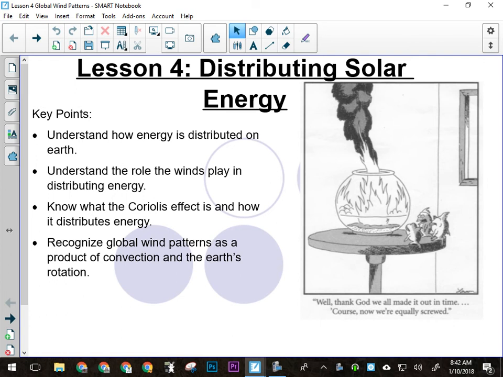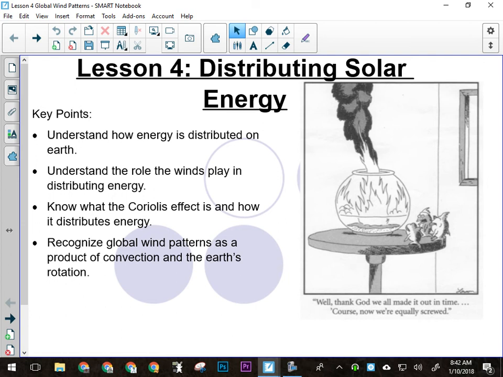Because the energy that is absorbed is the energy that can be transferred around the world and kind of try and even out the energy distribution on Earth. So that's what we'll be looking at mostly today. And what heat transfer method is going to be most involved in that? Convection. Right, because we're going to be talking about the movement of heat through the atmosphere, which is a